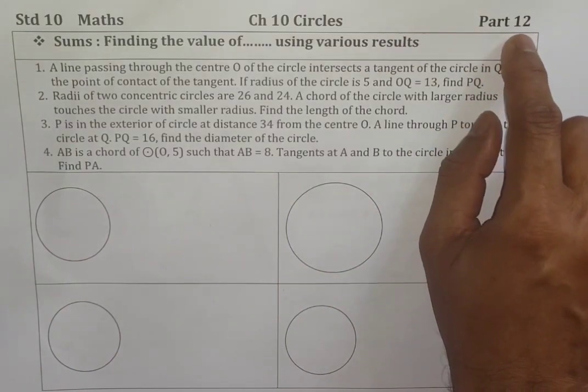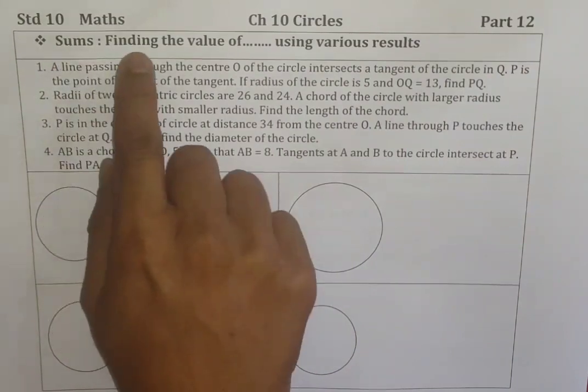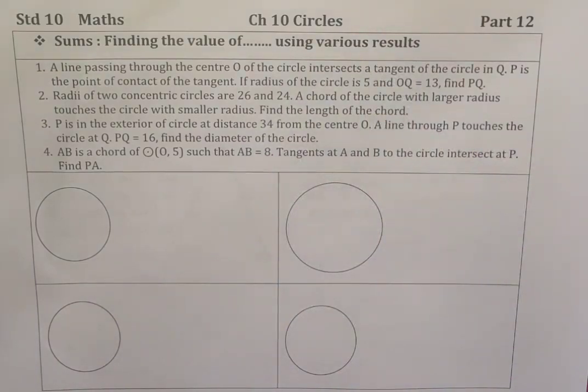Alright children, we have proved 32 results. One you can omit, because number 23 I believe was finding the value. So totally 31 prove-that sums we have solved. There are more, but we are taking a break from those. Now we are going to see some sums, finding the value of something given here using various results. So now it is going to test how you remember those results, and if you remember them, it will help you solve this very easily. So let's see the first one.